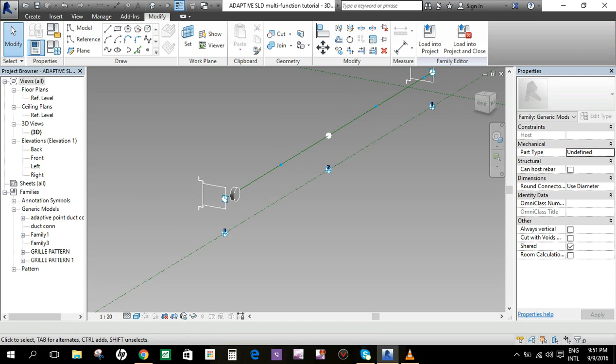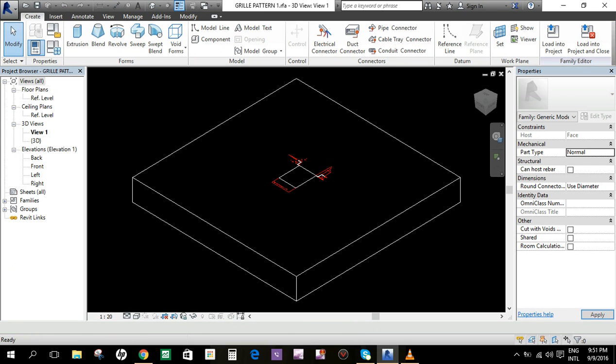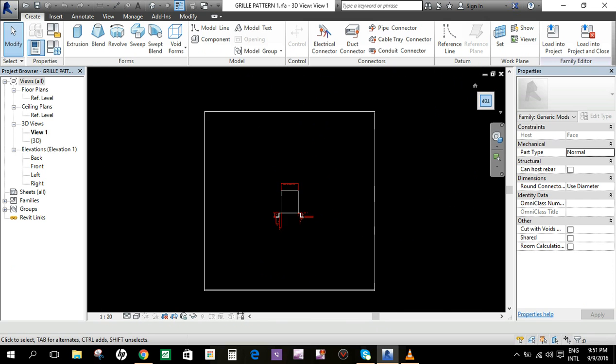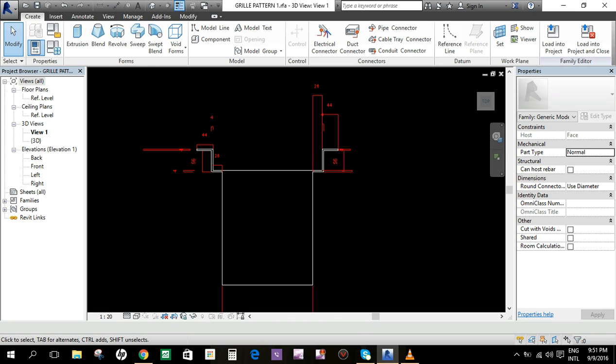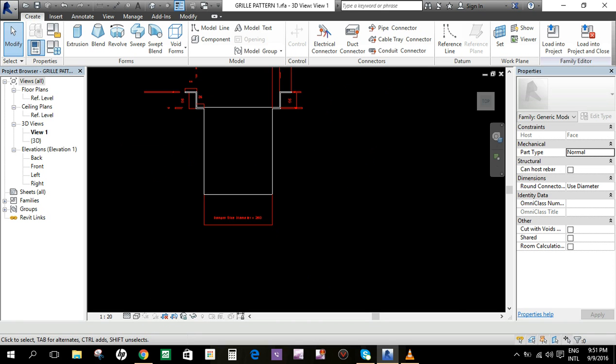Okay, next. This family is also a generic model, just a simple generic model family. In wireframe, this is just a line with all the dimensions and parameters.